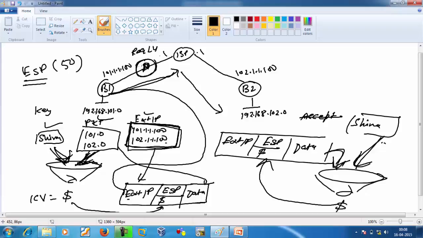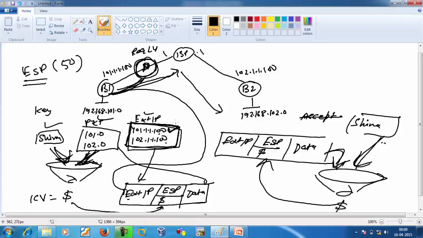Again, I am repeating. We know ESP doesn't include the external IP for hashing. It includes only the packet and key. But when the traffic goes through the NAT device, the NAT device will translate the source IP address.